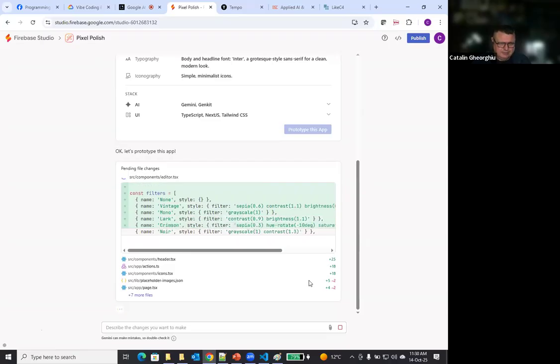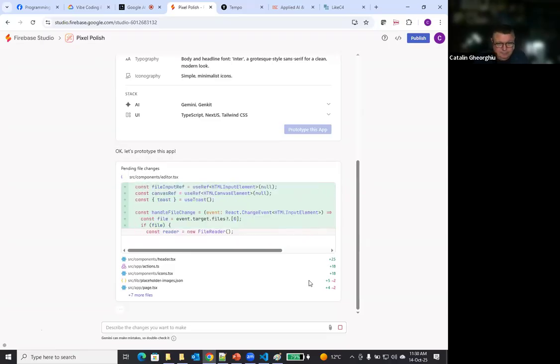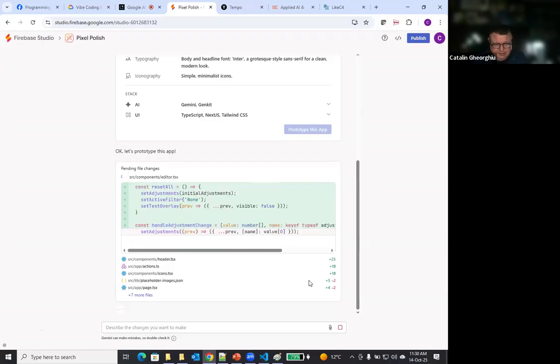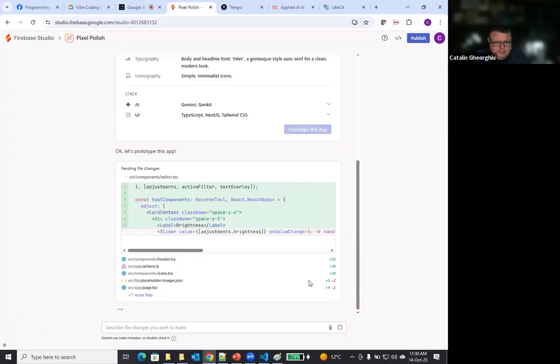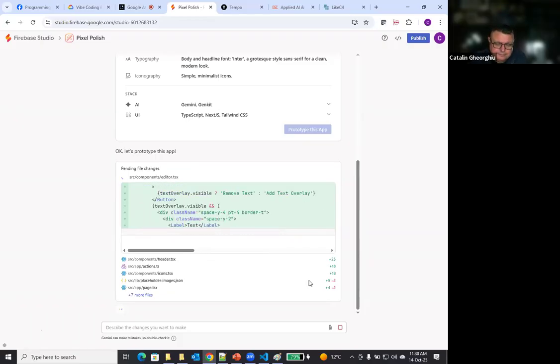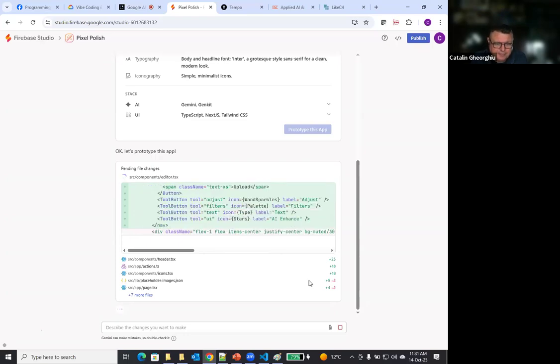It's not instantaneous. And again, this is generally not a complex application by the source of it. So we still have a lot of files.